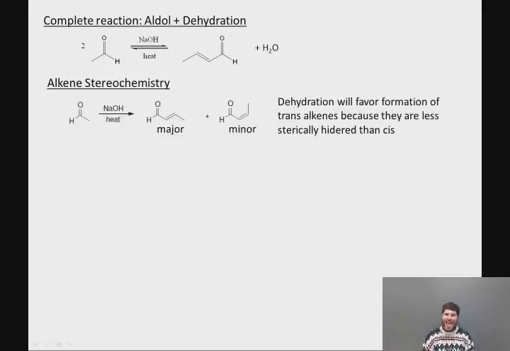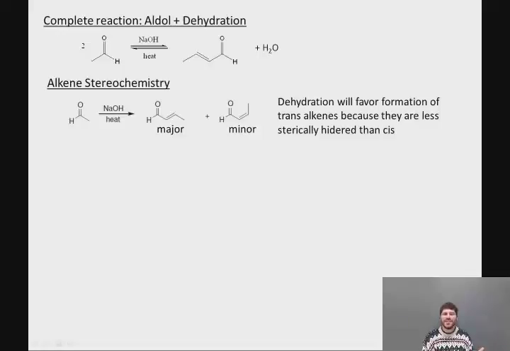When we generate alkenes, we have to consider the concept of alkene stereochemistry. So what I have drawn up here in the first example is a trans alkene. But you can think that this reaction, hypothetically at least, could give the cis alkene as well. What you have to know is that dehydration will favor the formation of trans alkenes because they are less sterically hindered